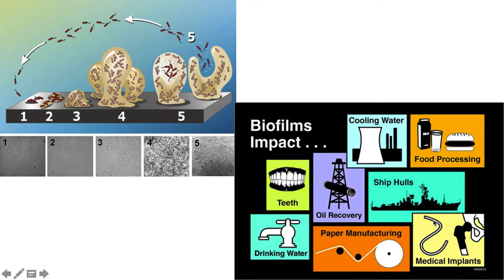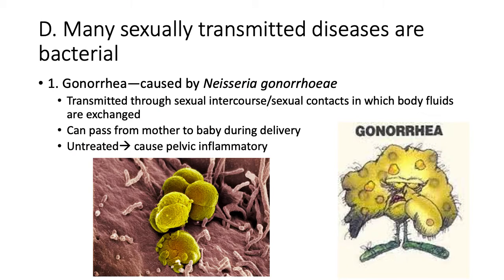So here's a diagram of just that biofilm community, and that they can spread. Biofilms impact teeth, drinking water. Like I think I mentioned, if you ever had anything come out of your faucet, that was probably a biofilm. Paper manufacturing, ship hulls. Biofilms grow on ship hulls and erode them. Food processing. Medical implants, that's a huge one. So when they get a hip replacement or some type of replacement, if there's just a small little community of bacteria, then it can form an infection, and then they actually have to go in and redo the whole thing, and it can be pretty serious.